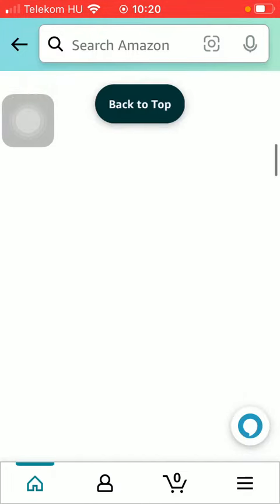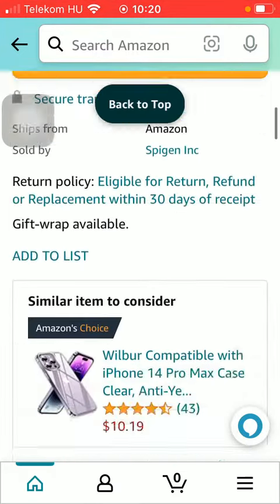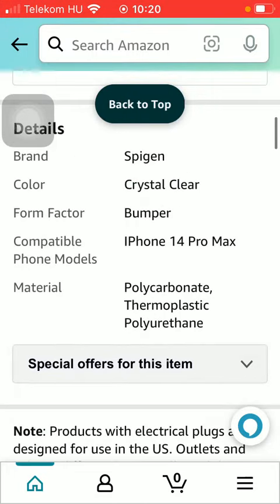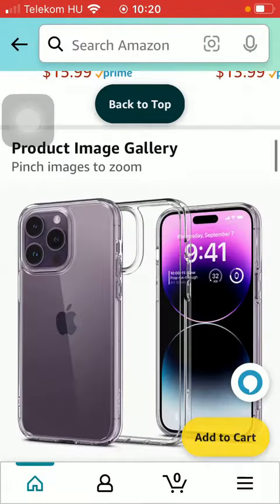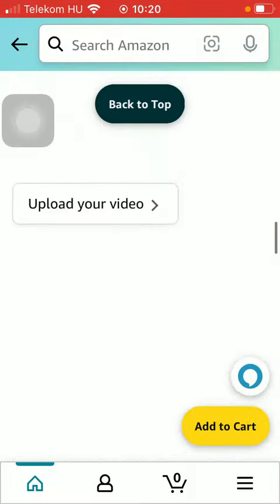Scroll down till you find this details section. Here you can read about the brand, color, form factor, compatible phone models, material. And if you scroll down, you will see a chart